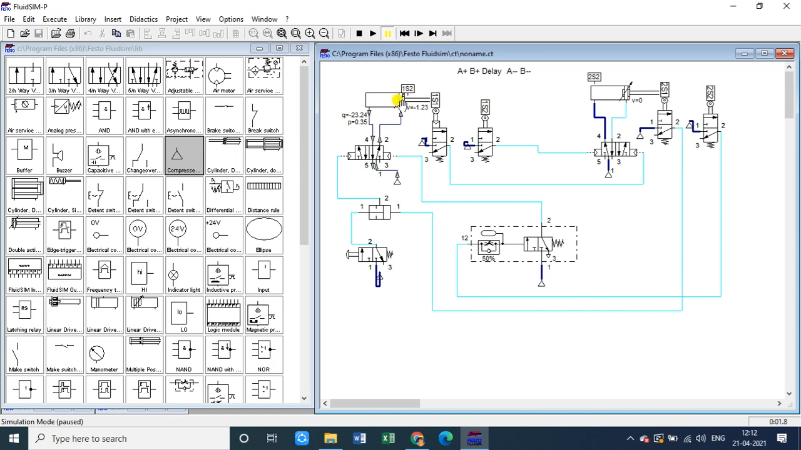This is how it will go. And then it will take the piston to the left hand side. So 1s1 will get pressed due to that, and 1s1 will send the air on the